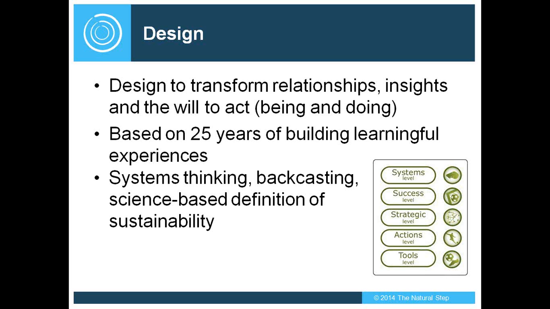And being able to do that, guys, the bet is that it allows people to see the system differently, which then allows them to see solutions differently, right? And that is all based on creating these learningful, hopefully to some degree transformational experiences at the individual level, at the group level, at the systems level.